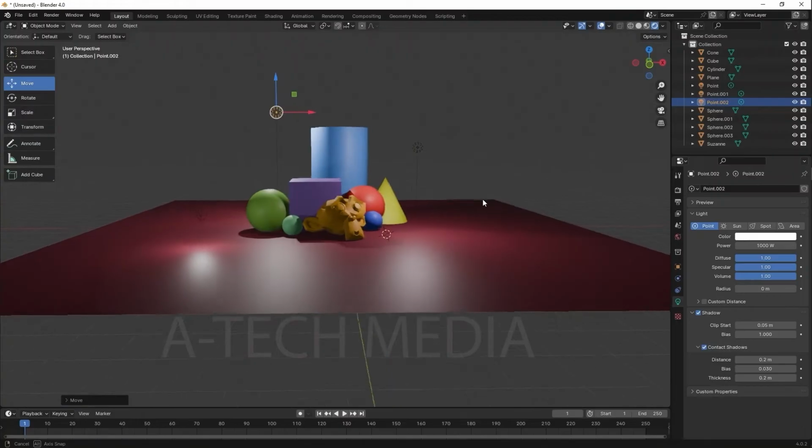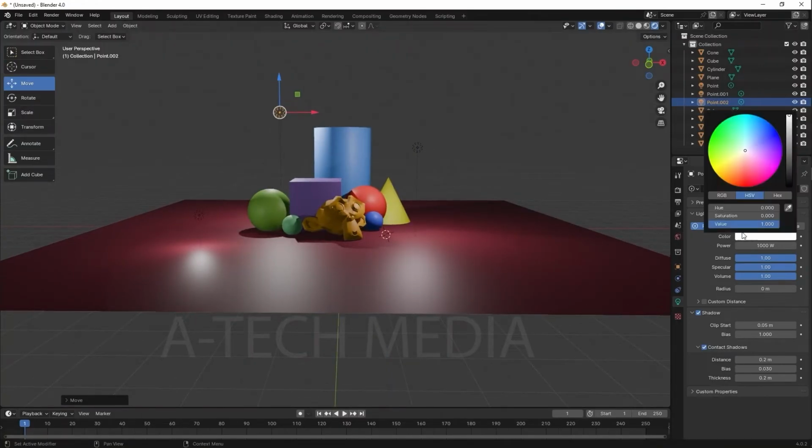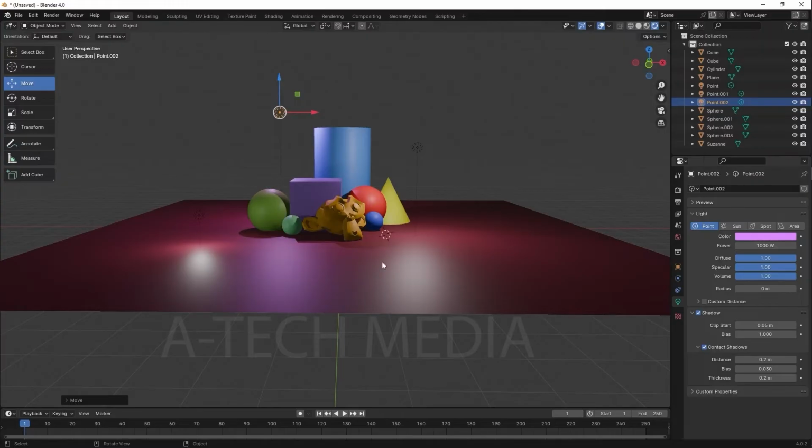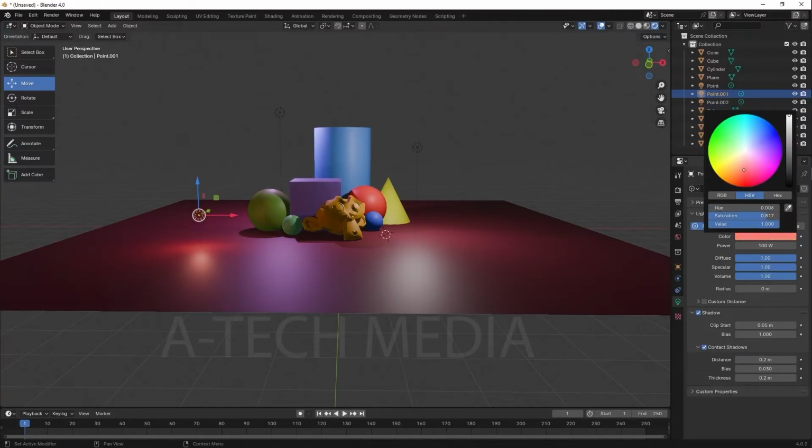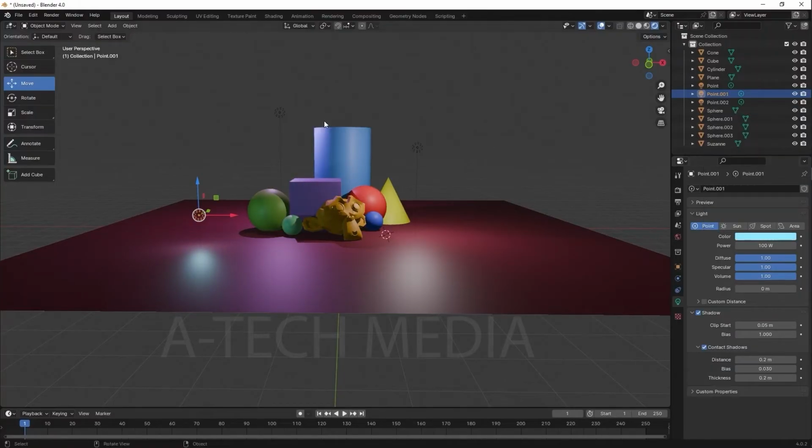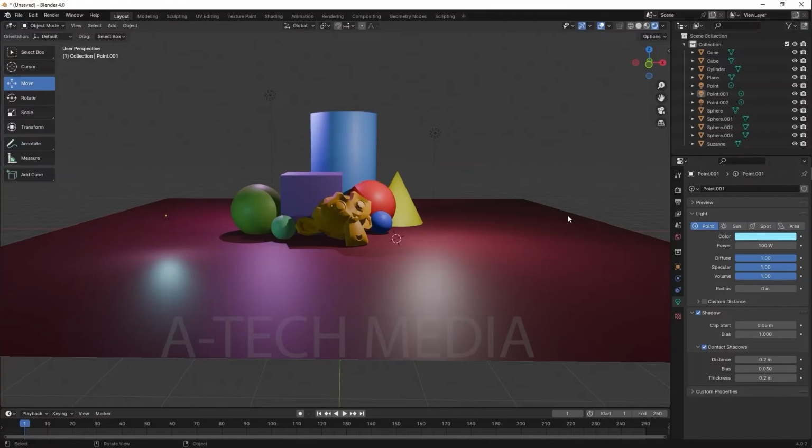And maybe to separate this one, we'll give this one an orangey color. Maybe we'll color this other light as well, make this light blue. And cool, that's cool. So now